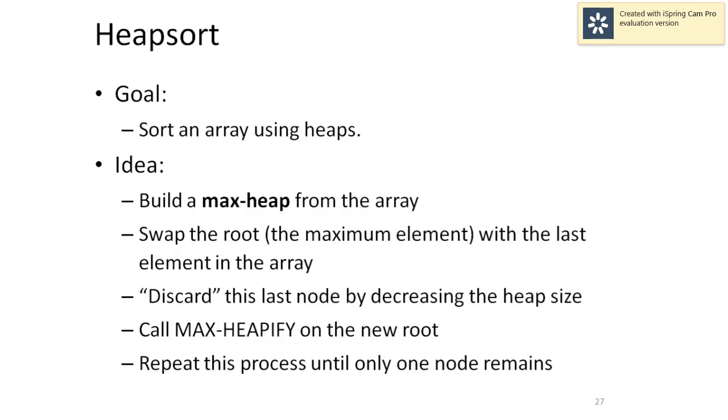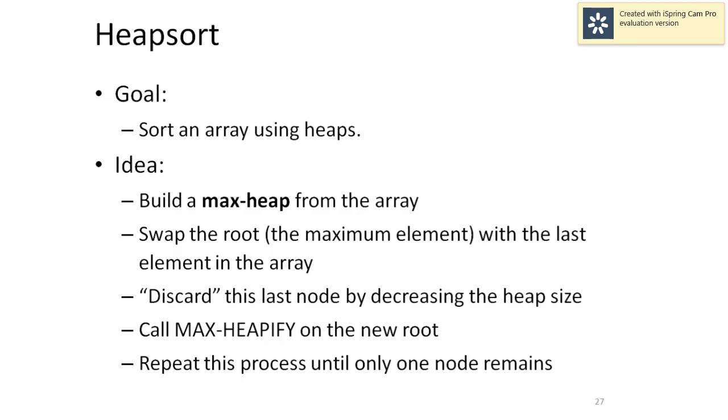Lastly, we have to discuss the heap sort algorithm. In heap sort, you are provided with an unsorted array and you have to execute the sorting algorithm with the help of heaps. So the first step of heap sort is to build a max heap. We have just seen the procedure of building a max heap from any array. Once we have the heap, we have to execute a few steps iteratively till the size of the heap gets reduced to 1. And what are those steps?